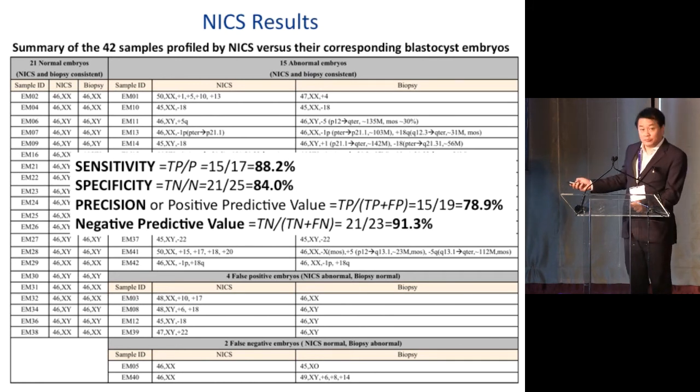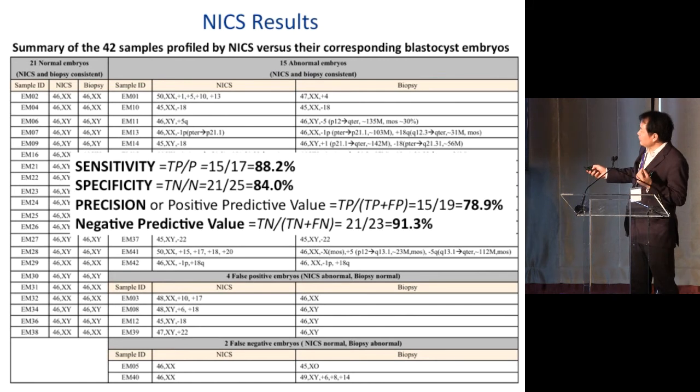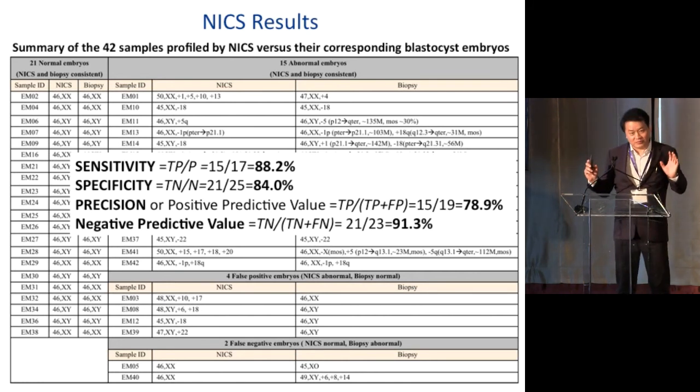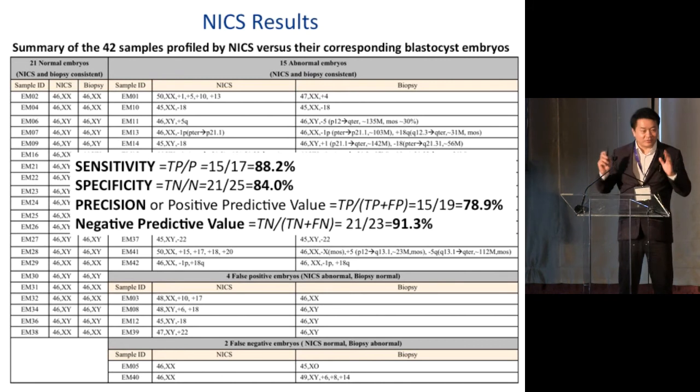So with this, we could calculate the sensitivity, specificity, and that is the true positive over the positive and true negative over the negative, and then the precision, or sometimes called the positive predictive value, and then the negative predictive value. Now, none of them are 100%, but I would say this is pretty good considering we're not even touching the